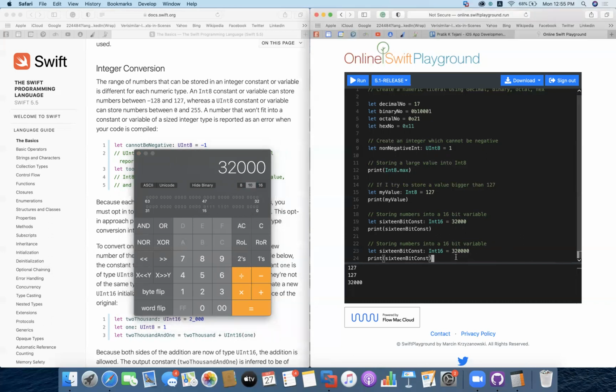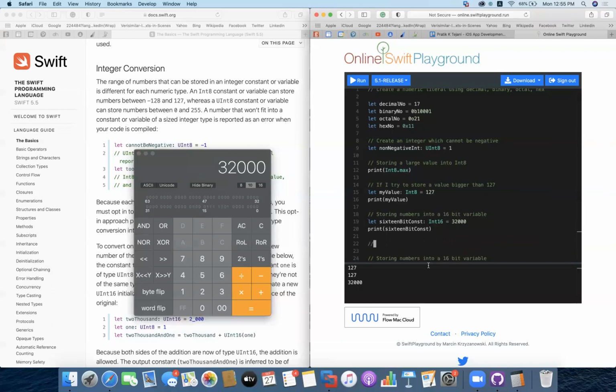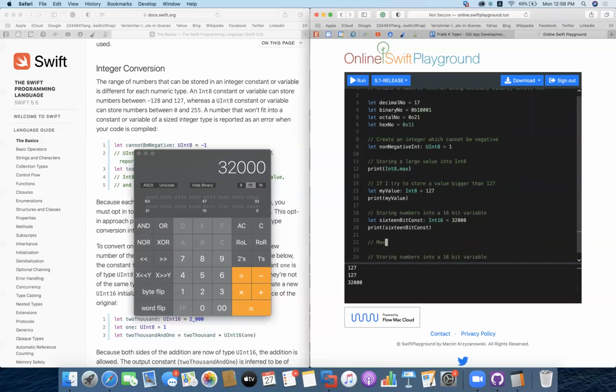Okay. So I can show you what could be the maximum value which we can store here. I'll print here: maximum value which can be stored in a 16-bit number.